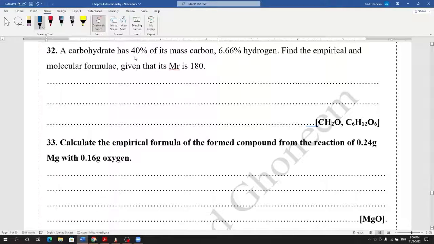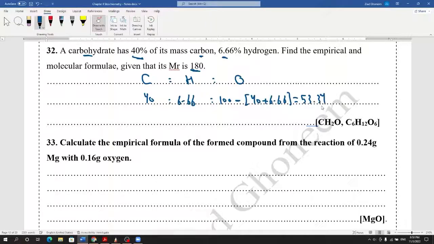A carbohydrate has 40% of its mass carbon, 6.66% hydrogen. Find the empirical and molecular formula given that its relative molecular mass is 180. So we have a carbohydrate, which means that it's formed of carbon, hydrogen, and oxygen. We have 40% of that mass carbon, 6.66% hydrogen, which means that we have 100 minus 40 plus 6.66 of oxygen, which is